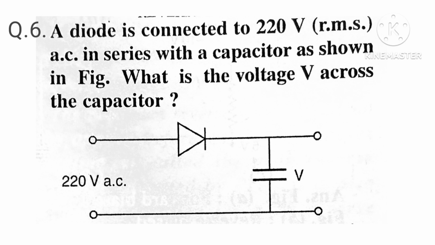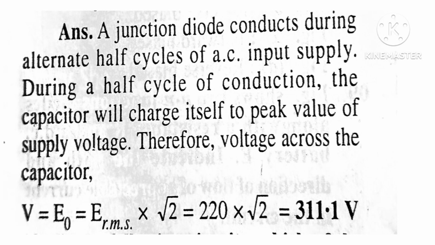Question number 6. A diode is connected to a 220 volt AC in series with a capacitor as shown in figure. What is the voltage V across the capacitor? We know that a junction diode conducts during alternate half cycles of AC input supply. During a half cycle of conduction, the capacitor will charge itself to the peak value of supply voltage. Therefore, voltage across the capacitor V equals E naught equals E RMS into root 2 equals 220 into root 2 equals